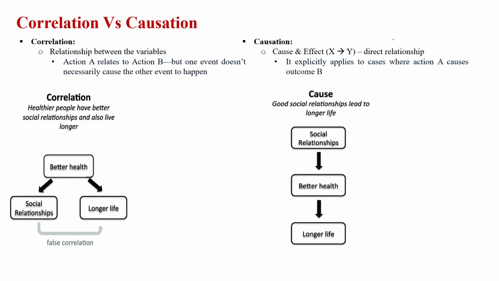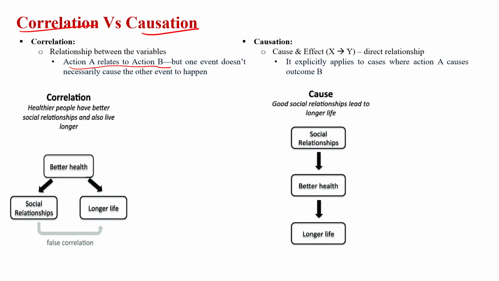But before discussing what kinds of correlation techniques we have, let's first discuss, because most of the time we confuse the concept of causation with correlation. When we say we are interested in finding the correlation between variables, we want to check whether the two variables are related to each other or not. But that doesn't mean that action or variable A is causing B to increase or decrease.